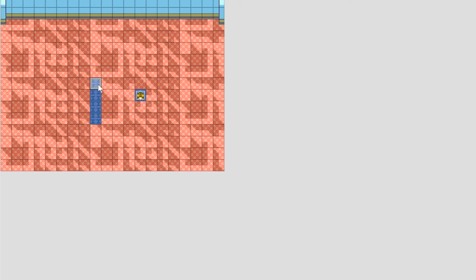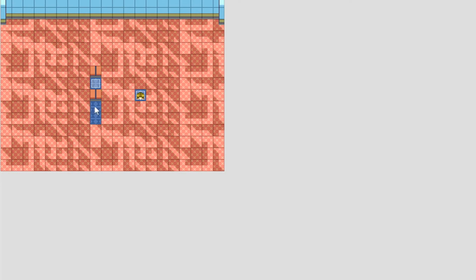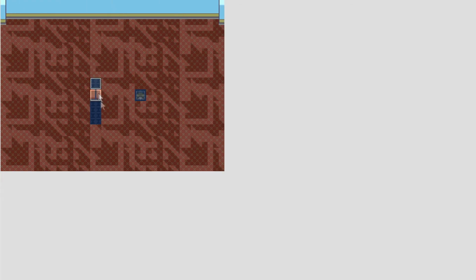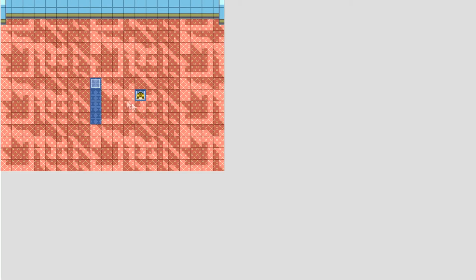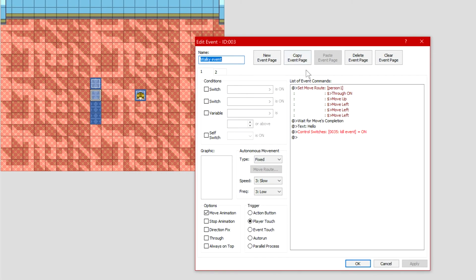But you want this event to be in an area. You don't want it to be in this one space, otherwise you'll have to, like, get things to stop people from going through it. They're going to have to walk through one gap. You don't want that. So what we want to do is we're going to control C and control V. That will copy and then paste. But this one we're going to edit event, and we are going to,